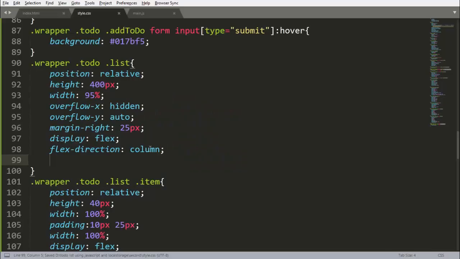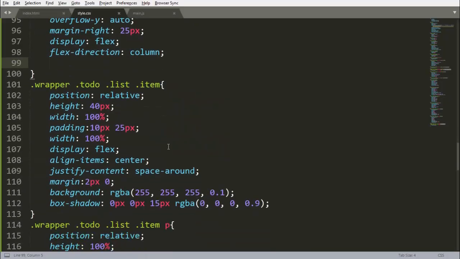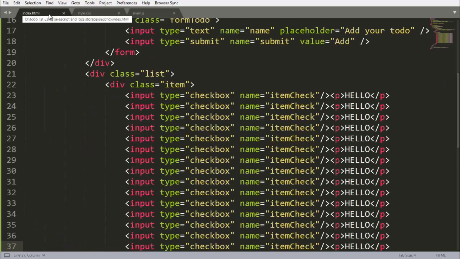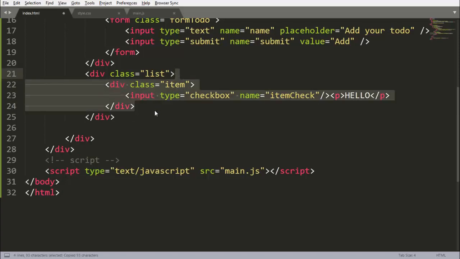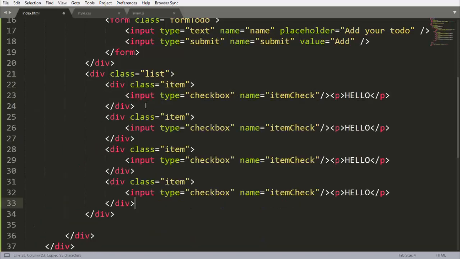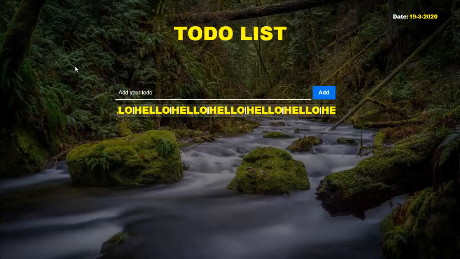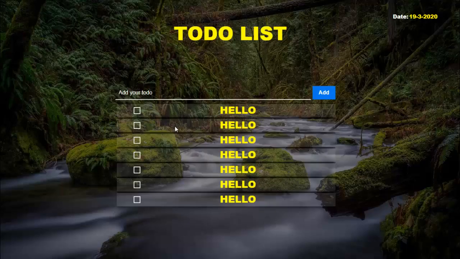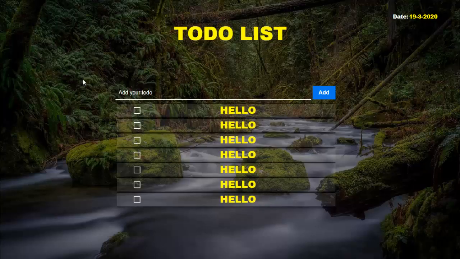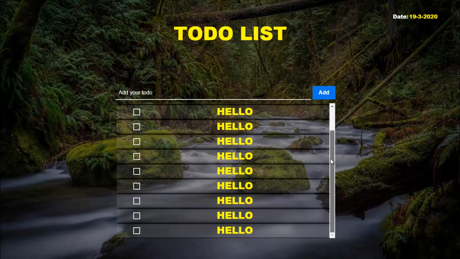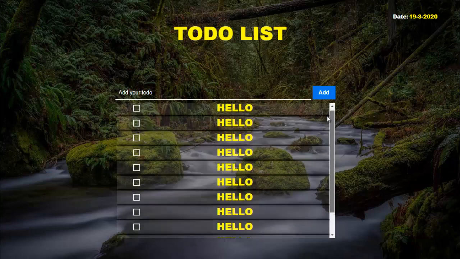We are not getting this. Why are we not getting this? Oh, sorry. We want this item under here. Paste it again outside the division. See that now we are getting this item. I am pasting it again and again. See that now we are getting our scroll bar also here.